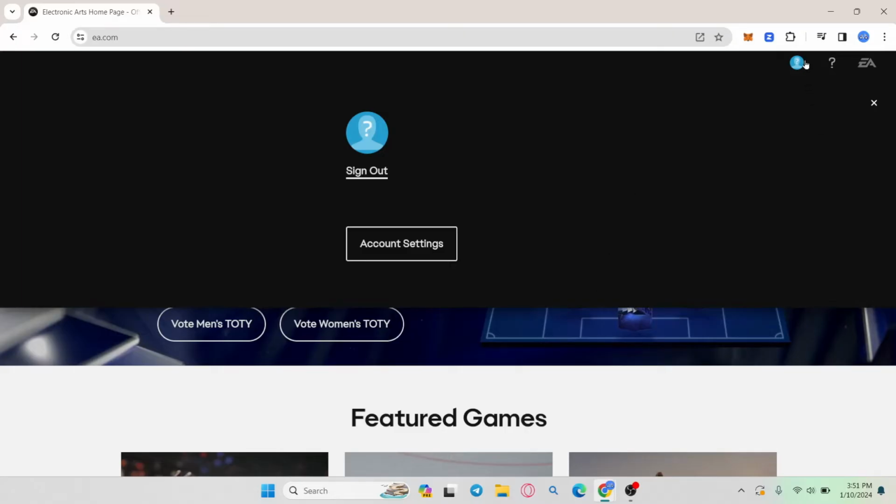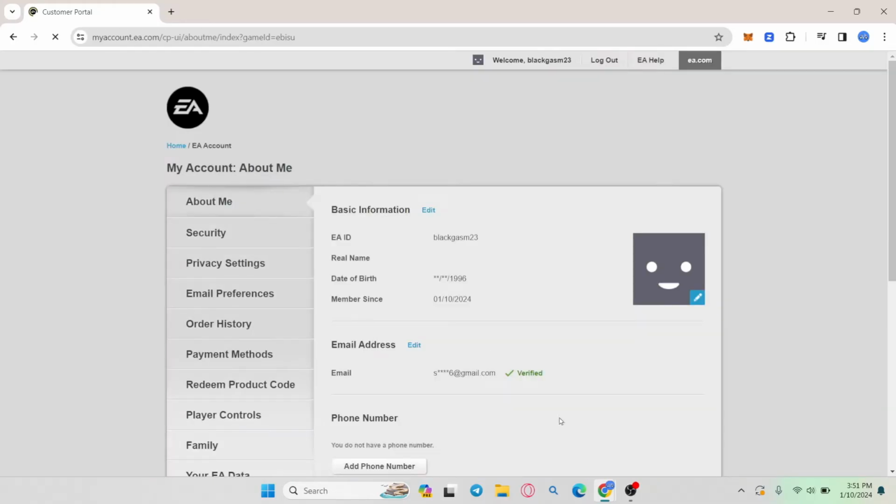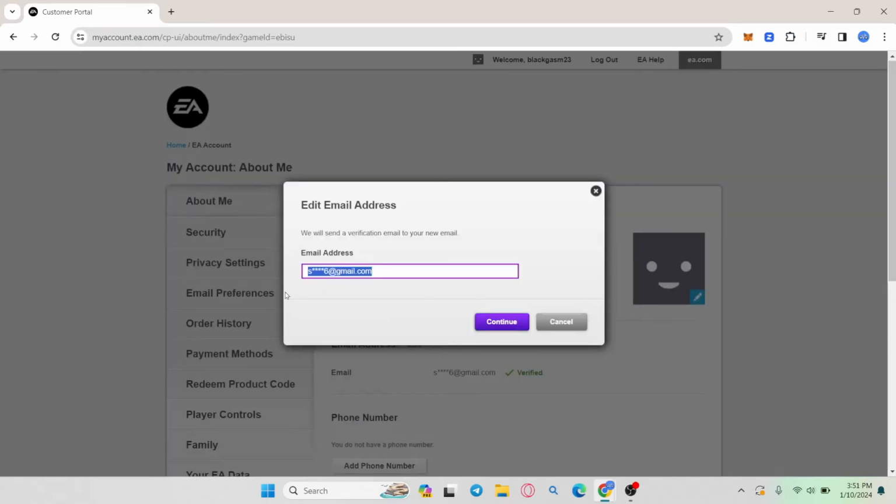After signing in, click on the same account icon and then click on account settings. You will now be taken into your account settings page for your EA account. Now from this page, you will find your email address section underneath basic information. Just click on the edit button alongside your email address and now you will be asked to enter your desired